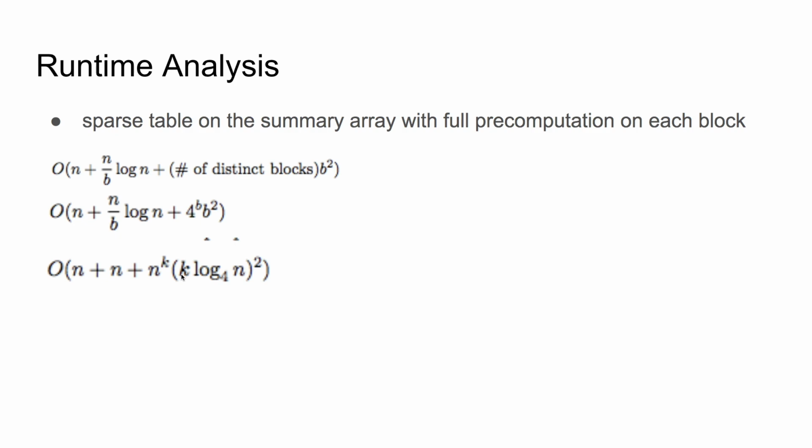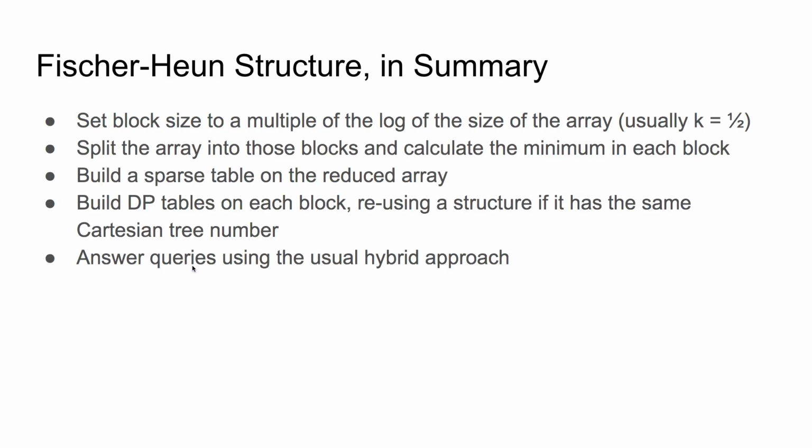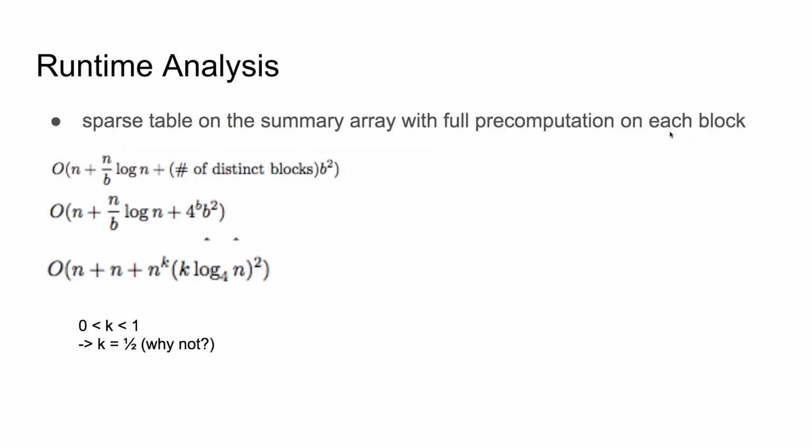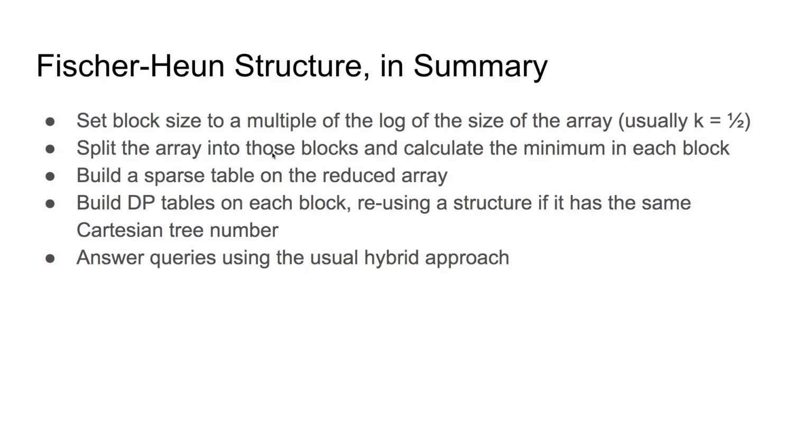So, if k is between 0 and 1, why not 1/2? It's a safe pick that guarantees that this runs in linear time. So, in summary, this is called the Fischer-Heun structure. We set the block size to a multiple of the log base 4 of the size of the array, usually k equals 1/2. We split the array into those blocks and we calculate the minimum in each block as discussed